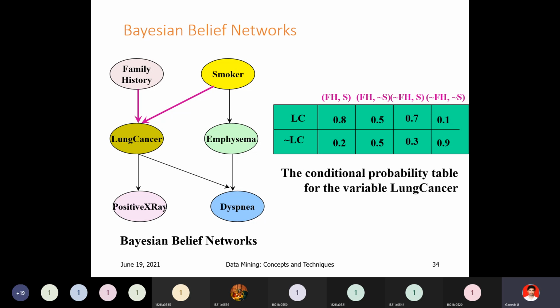This is another example for your understanding. In your family, no other person, no grandfather or father, has sugar. But what you are doing is daily eating cakes and sweets and eating so much food, so automatically what will you get? Even with no family history, there is a 70% chance of getting sugar. So we can say this about different diseases. This is the Bayesian belief network.